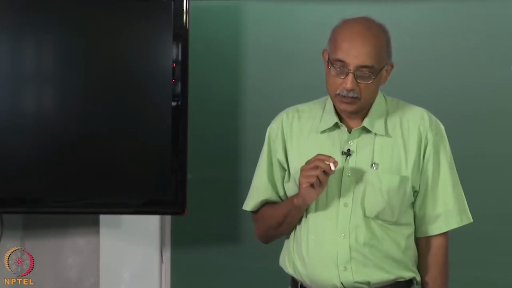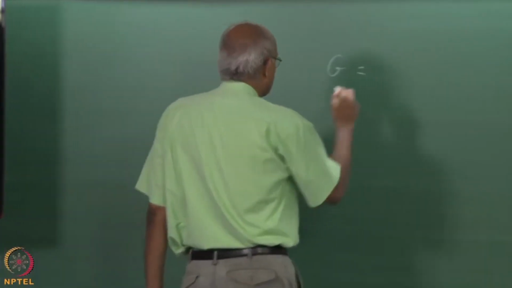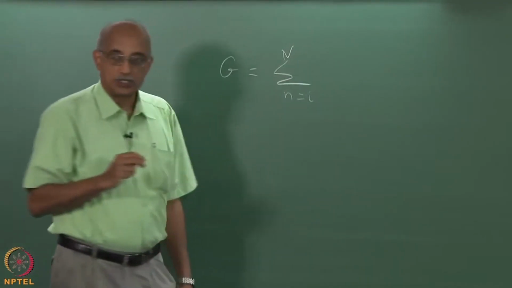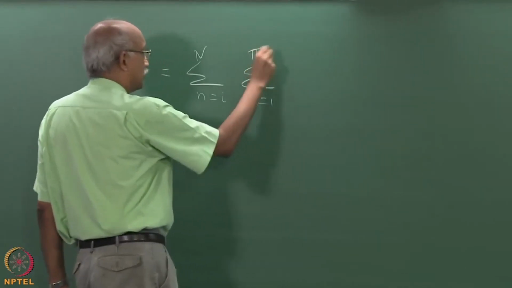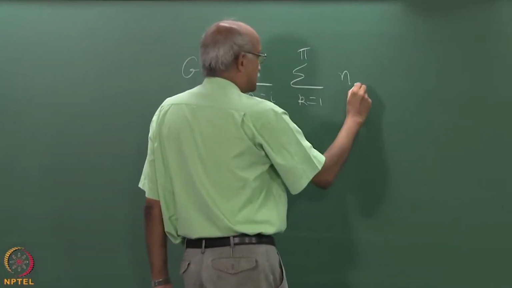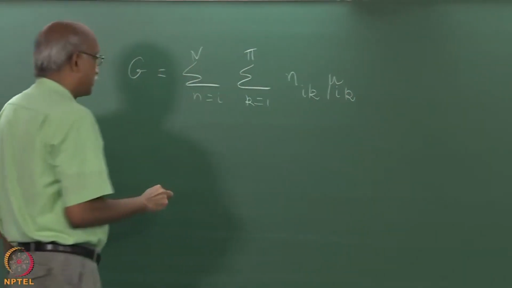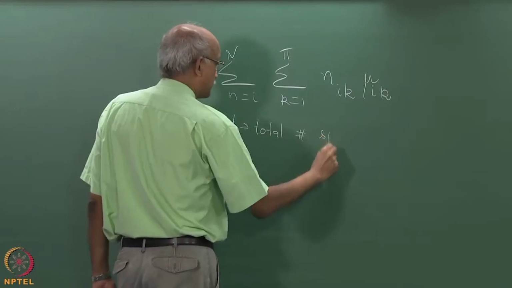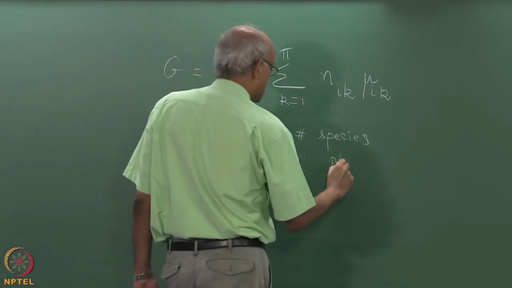So, what that means is that when you consider the expression for the Gibbs free energy, you have to essentially sum the free energy over all the chemical species that are present in the system and also over all the phases that are present in the system, and then you write this as summation of Nik times mu ik, where again n is the total number of species, I is the total number of phases,